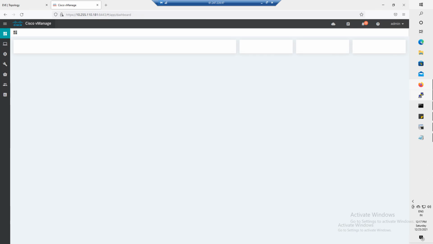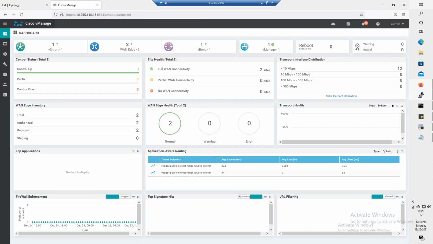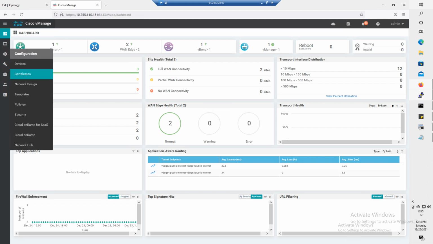I'm not saying always, sometimes if this happens, you can resolve it like this, right? Actually 8443 is the port number of the vManage cluster. So whenever we form a vManage cluster, we do not access it on 443, we always access it on 8443, right? So let's come to monitoring